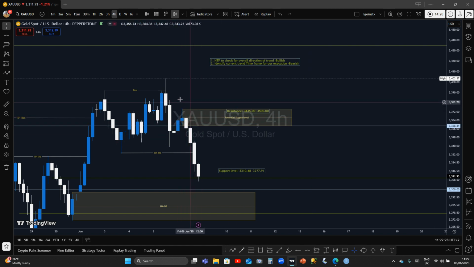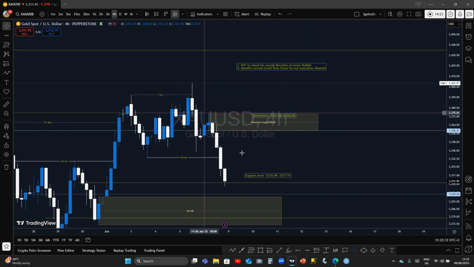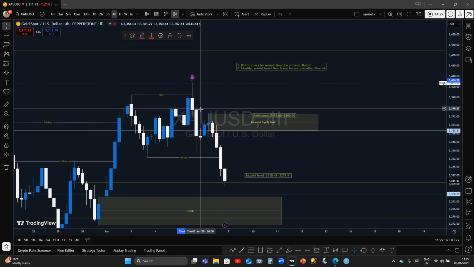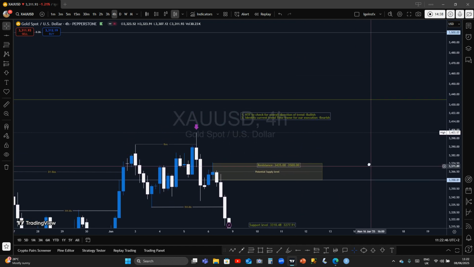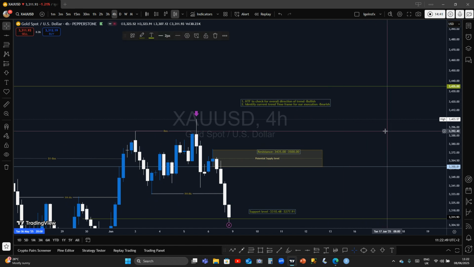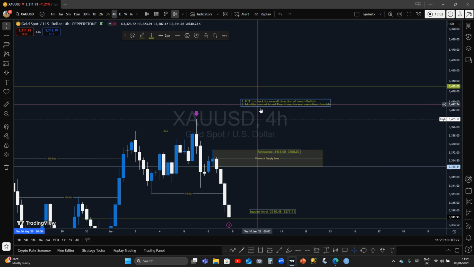So if it breaks above this level, then this high here, this high here, if it breaks above this level, that means we are going to create another high. So we should be looking at this very point here, 3435.00. All right, if it breaks above this resistance level, then this high will now be taken, and thereby price action will create another high, and the level we should be looking at is